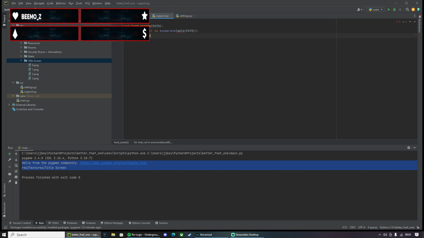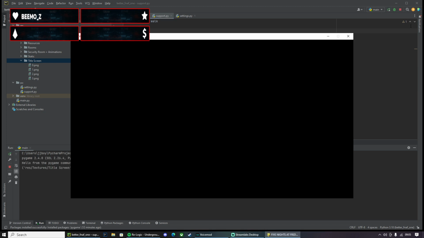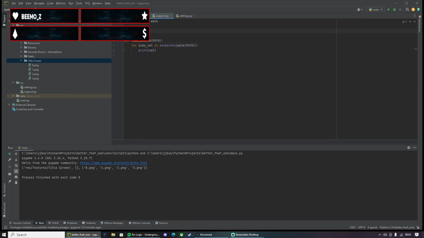Print value. Oh, we need to import this from OS, don't we? OS import, and let's have a look what we got. We get the name of the path of it, we get if there's any other files inside that path, and then we get the individual files.